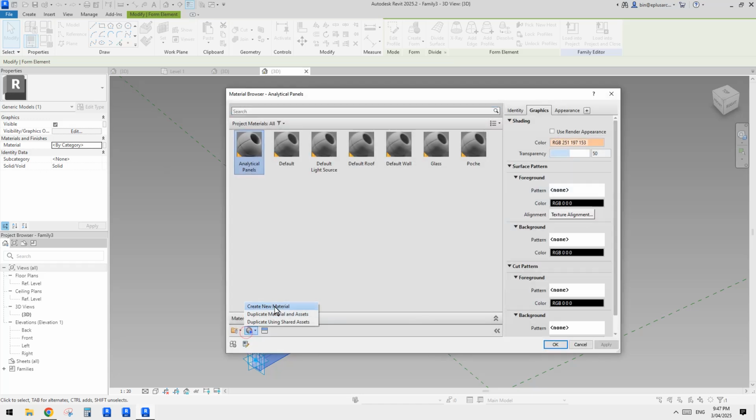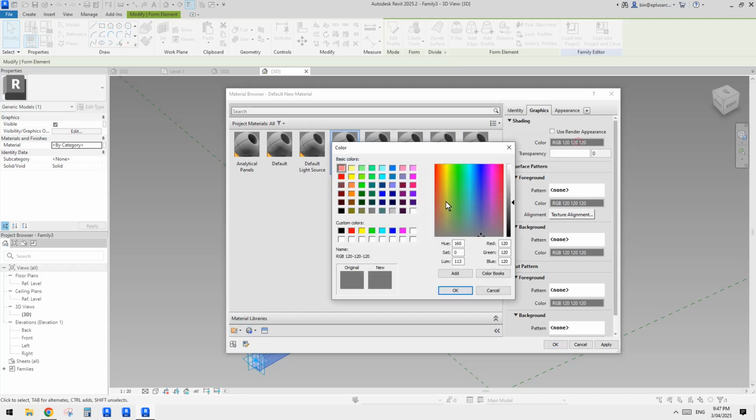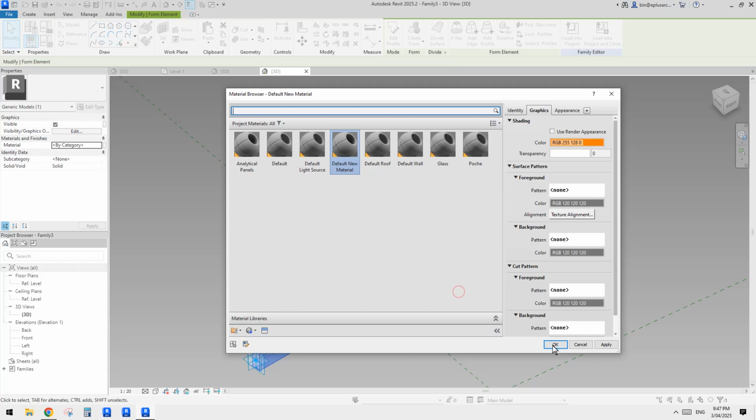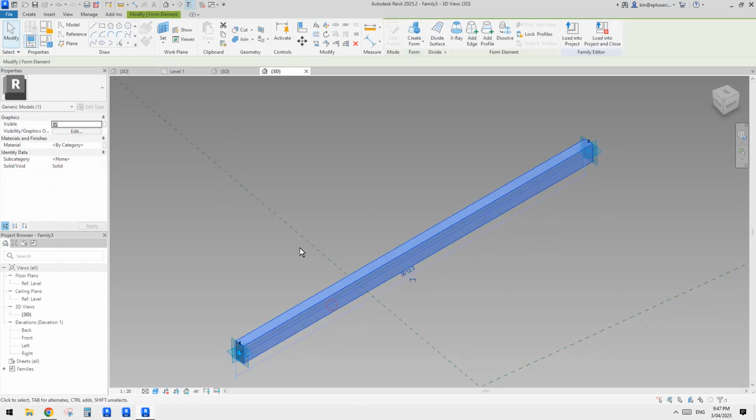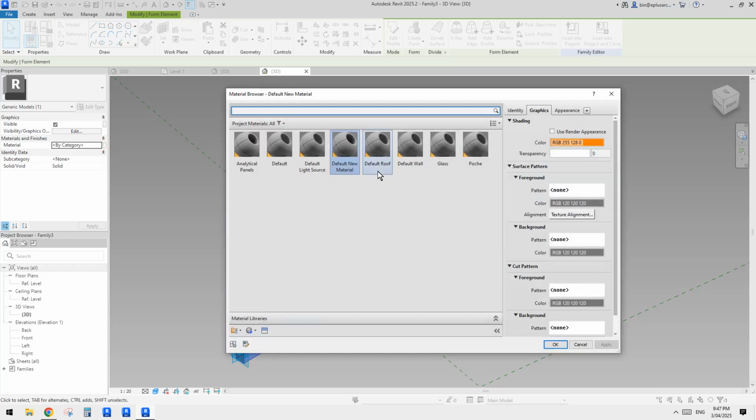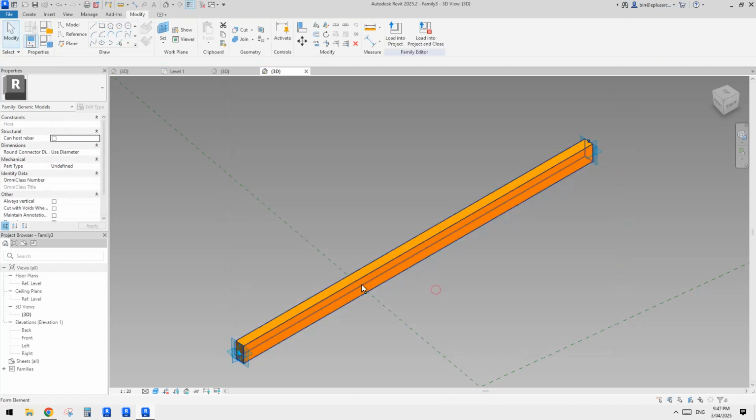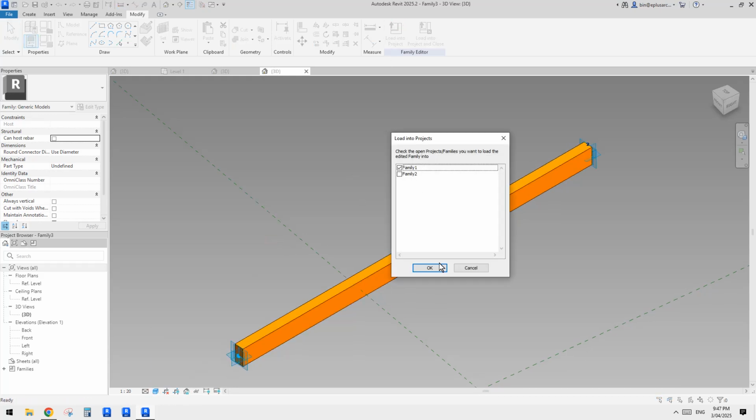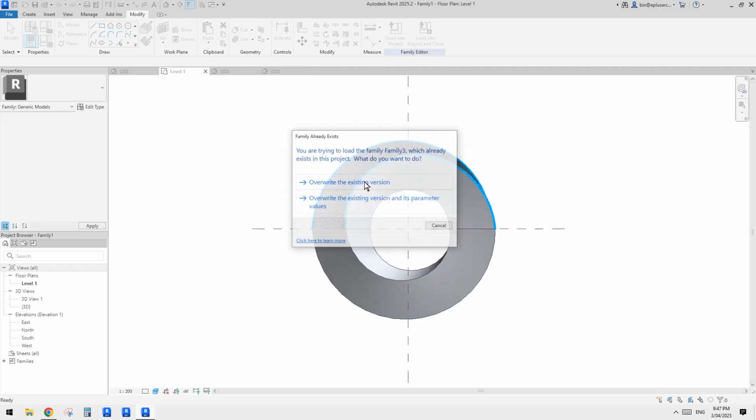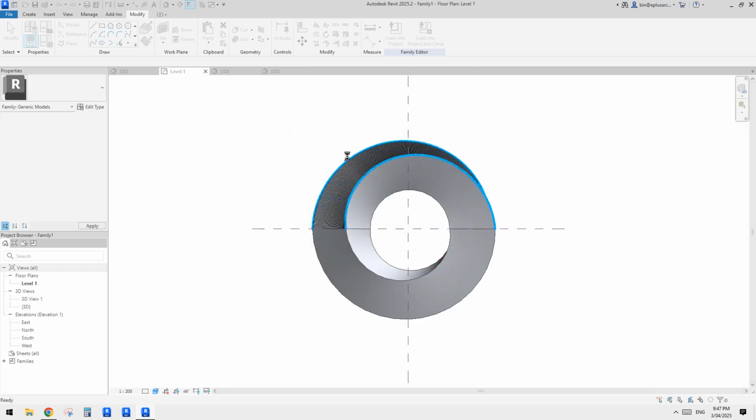I'll just give it a color, new material, maybe just give it a color, so orange color, for example. Okay, so it's graphic. No, it's not there. Sorry, select it. Graphics. So it will show orange if you use a shade or consistent color. So now let's load this directly into the conceptual mass, and then we can just overwrite these model lines with